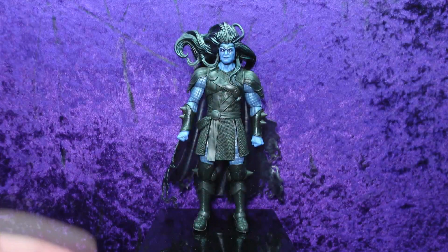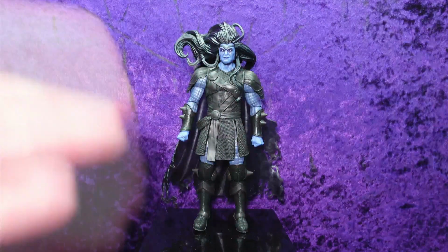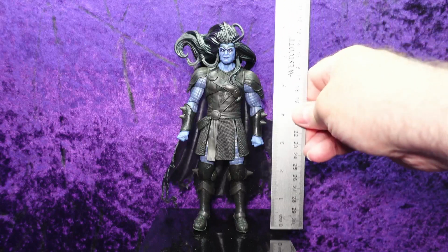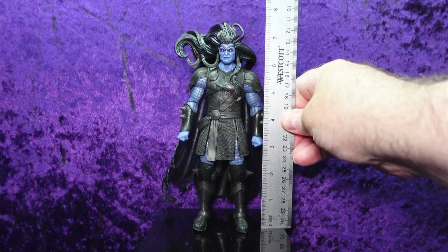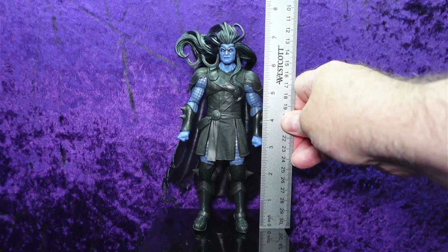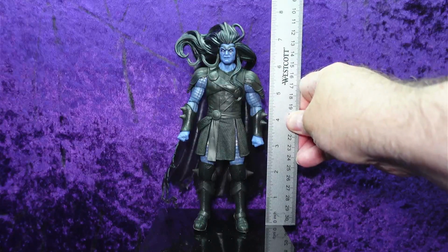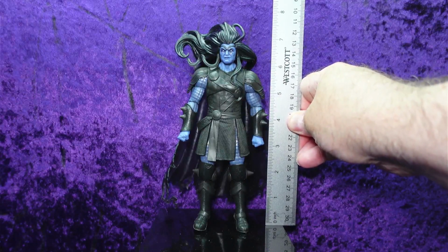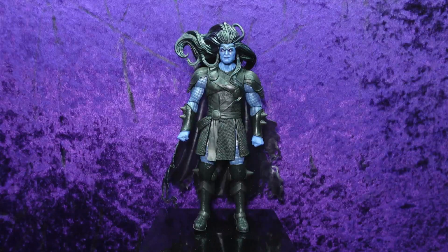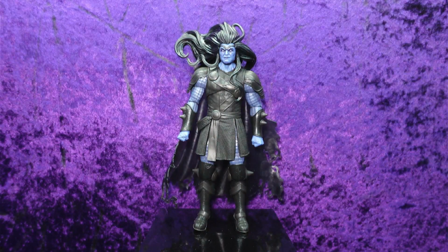I don't know a whole lot about Black Winter Thor other than it's something involved with Galactus possessing him or something to that effect. I know my good friend James would know. But here he is, Black Winter Thor, and he is a big boy. He stands at approximately, to the top of his head, almost between 6 3/4 and 7 inches tall. But to the top of his hair, he is definitely between 7.5 and 7 3/4 inches tall, because that's some hair, boy. Whoo! They went all out on the hair with this thing,